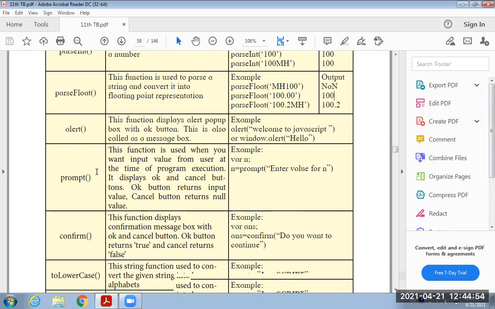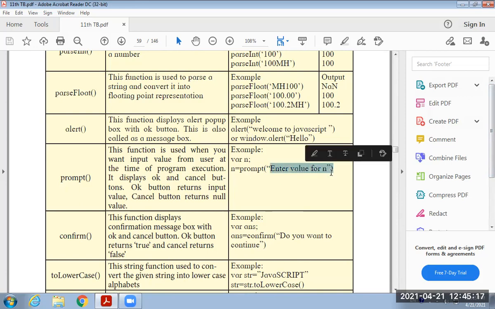When we open the current window or the specific window, it will display the hello message with the alert box. Then prompt. Prompt is used to accept input from the user. It displays specific data to the user and accepts input from the user.